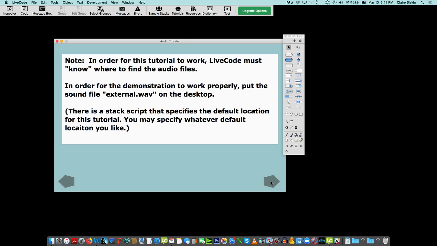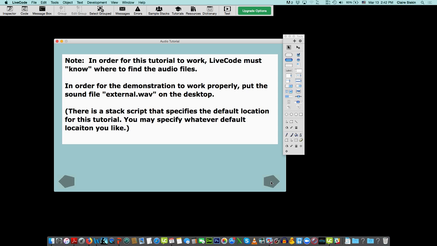Now the one thing that I found the most confusing, that confuses everybody, is that you have to tell LiveCode where the audio files are. You can have them anywhere you want on the computer, but you have to let LiveCode know where they are. And when you record audio, you also have to tell LiveCode where to put the files that are created. That was the part that I was not getting, because a lot of people record audio and then say, where is it? I can't play it. And that's because they have not specified to LiveCode where it is.